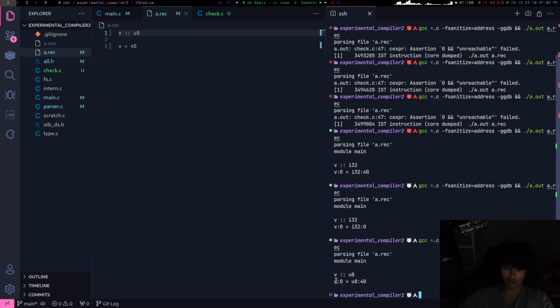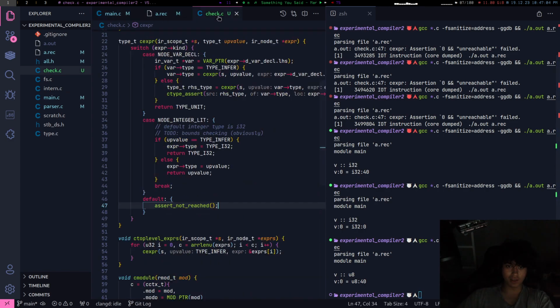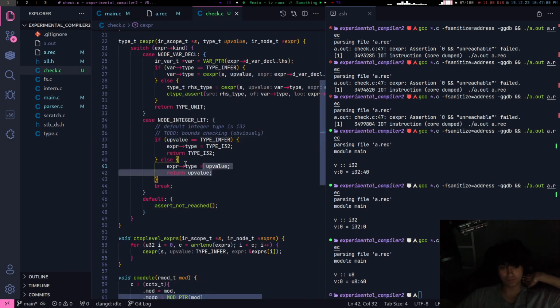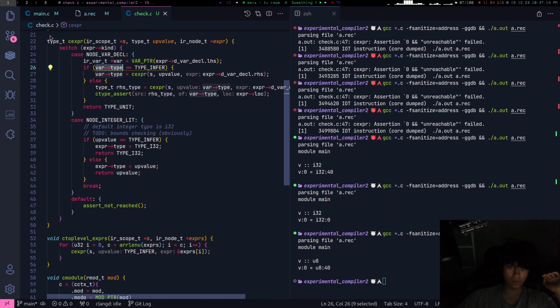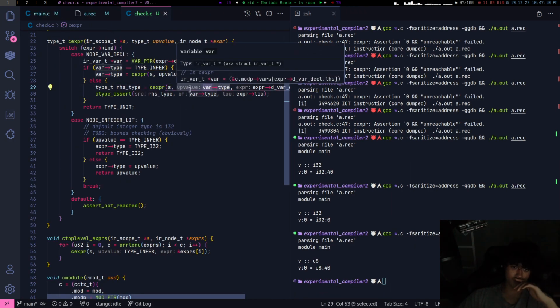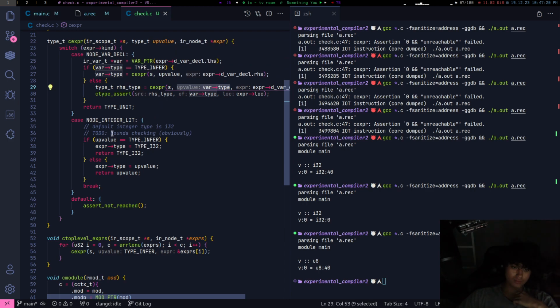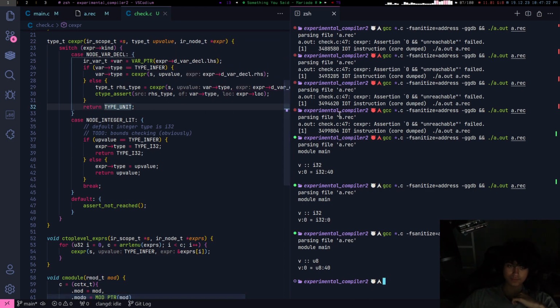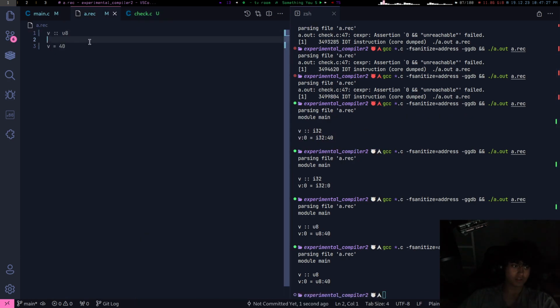V is explicitly a U32. And the upvalue inference doesn't hold, because we know the type, it's not infer. We know it's U32, which means we get the right-hand side type by passing the variable's upvalue into it, and that works. That seems good.